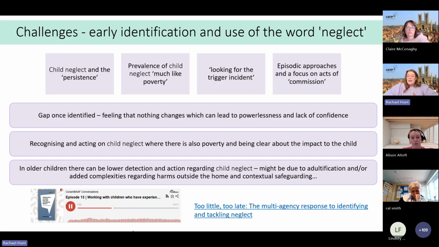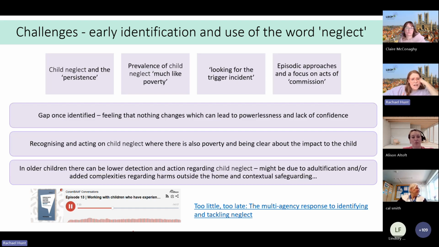So again, like we've said, it can be really challenging with neglect, and I suppose it leads on from that conversation. You might be seeing that child every day and thinking, I know this is neglect, it's not going anywhere, nothing's changing, feeling a bit powerless and not knowing what to do with it. I think the resource and some of the tasks and support within it hopefully really help people with that feeling. From some of the feedback we've had, people have said it's really helped where you've been stuck with a case. It's helped make a change in practice, or think about what different approach we can use here.